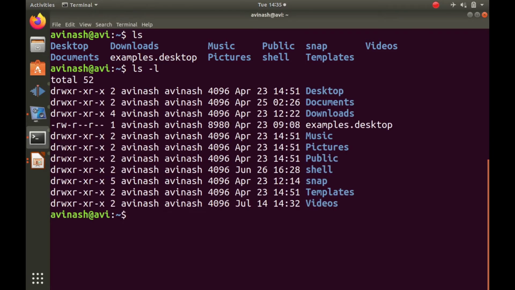Now this ls command has different options, like ls -l, which stands for the long list of the files. It will show additional information about the file. Whether the file is a directory or a simple file is displayed by the first character. If it is d, it means a directory. So desktop is a directory, so it is showing the first character as d. Similarly, examples.desktop is a file, so it is showing a dash here. When the entry starts with d, it is called a directory. When it starts with a dash, it is called a simple file.